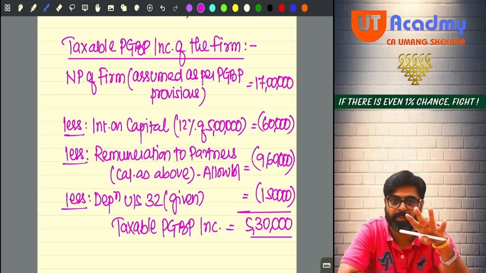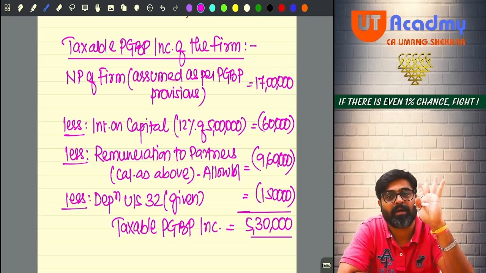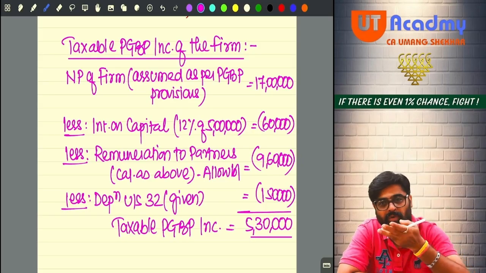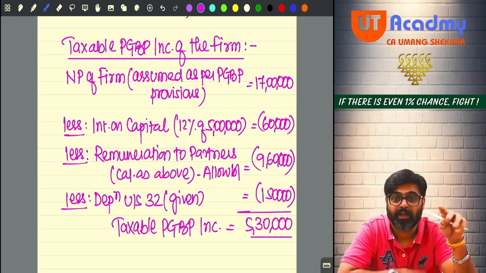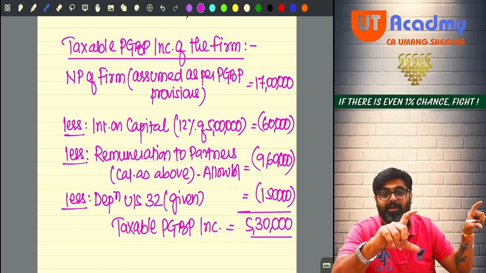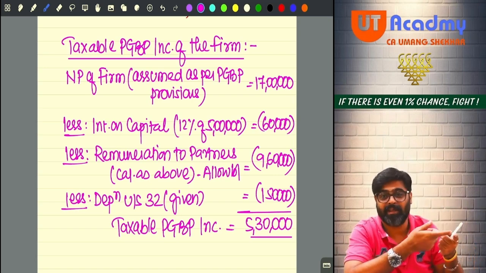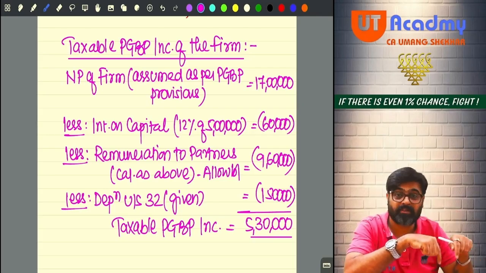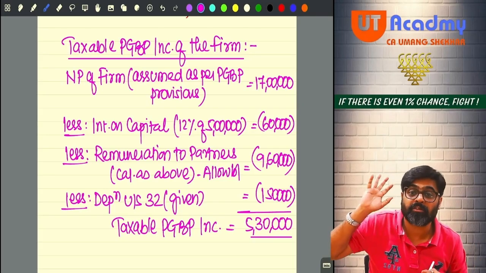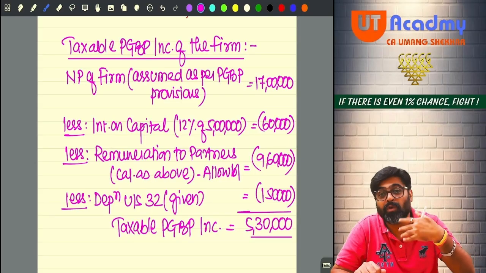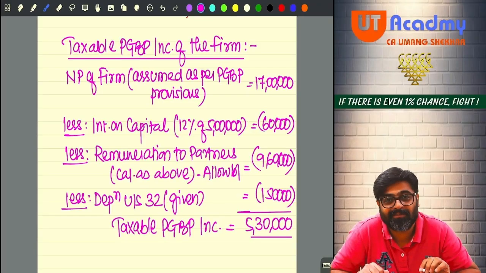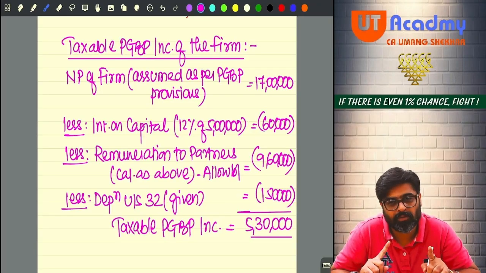If you know this properly, you will score full marks. But if you don't know, and in that question, they are going to give you the details of depreciation also. And now they will give you one more MCQ. In that they will tell you what is the depreciation under section 32 allowable in the hands of partnership firm. So based on those details, they will check how good you are in the depreciation calculations also. 4 options, two options will be very similar. Getting my point?